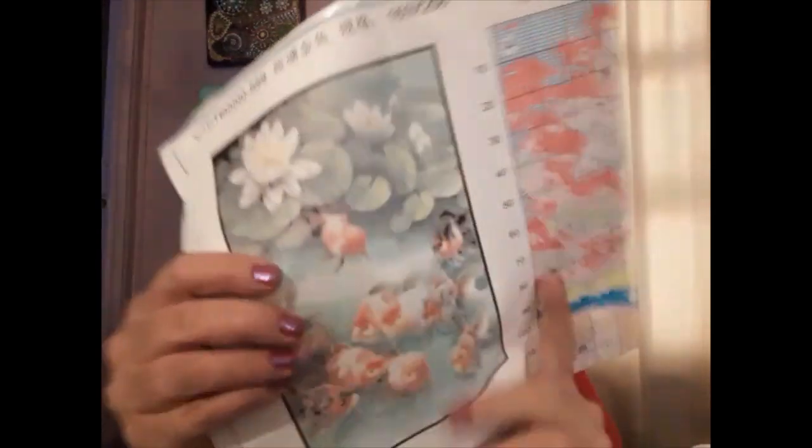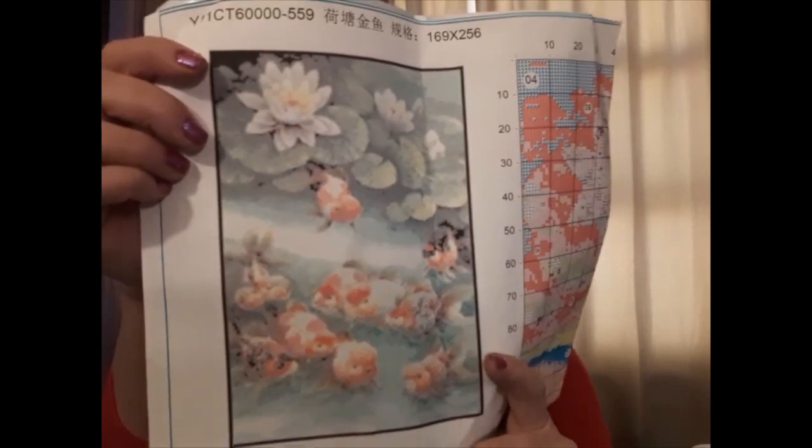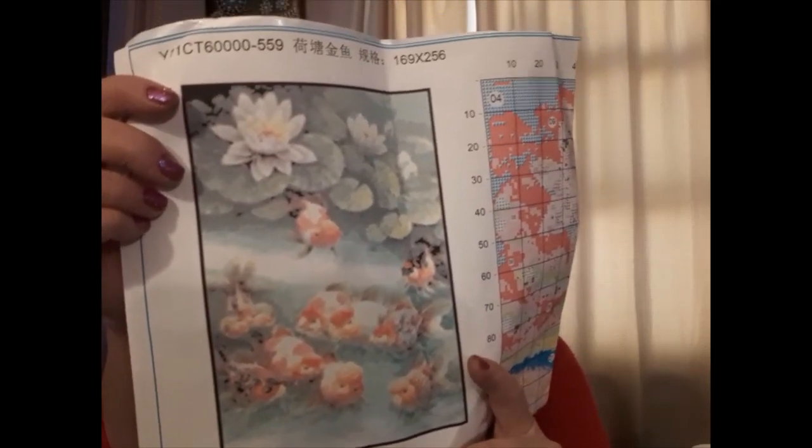The first one, it's a terrible picture. Oops, and it goes this way. Having an issue. It is the one with the little fish. I don't think they're goldfish, and I don't think they're koi. They're called something else, and somebody said it. No, I don't know what they are. And